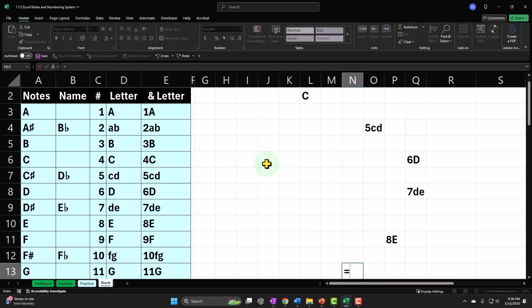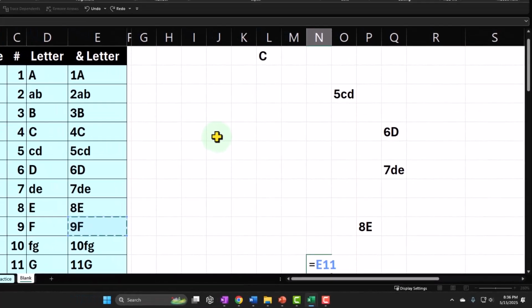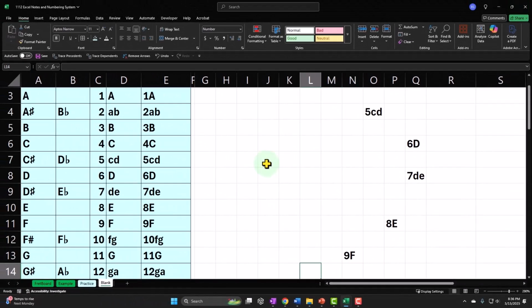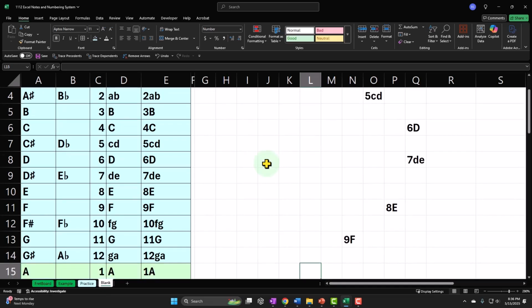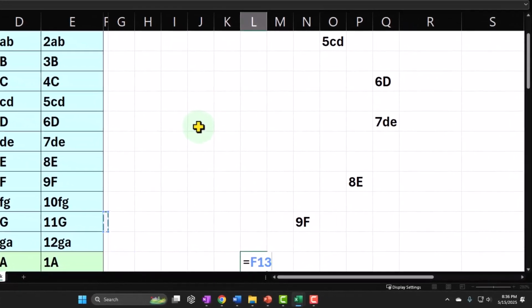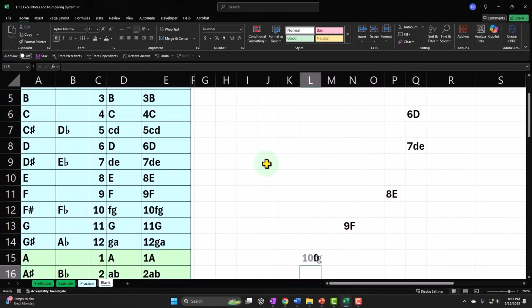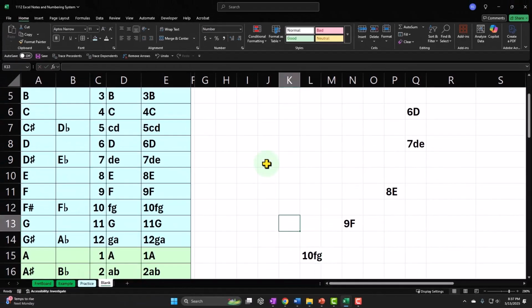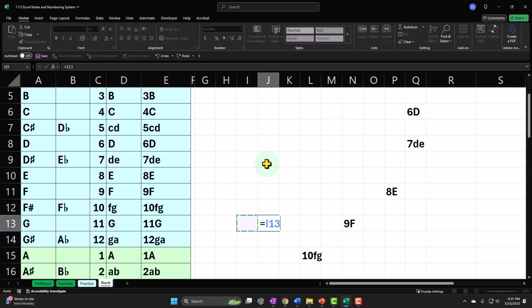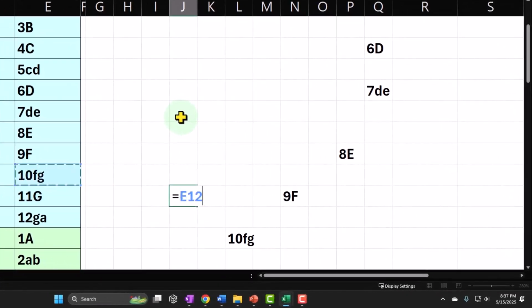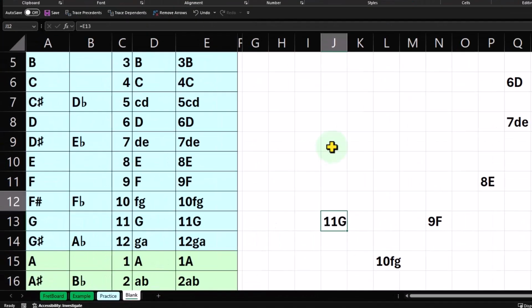and then I'm going to go down to N13 is going to equal the F, and then we're going to go down to L15 is going to equal the note 10 FG, and then we're going to go back up to J13. J13 sounds like a gang or something. It's going to be in the G. And then I'm going to go up to H11